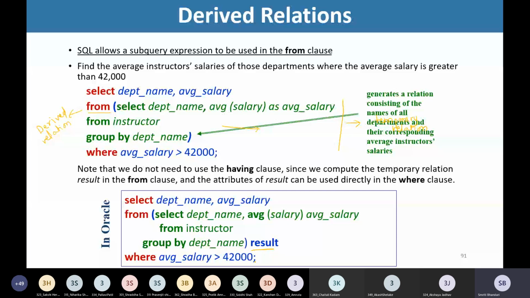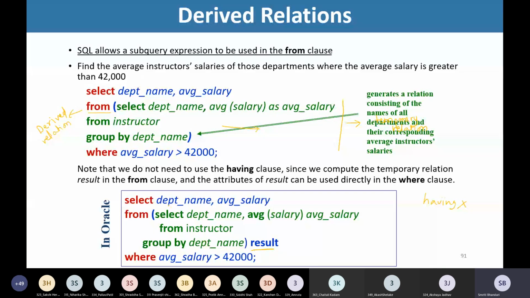So if we write such a statement using a derived relation, then there is no need to make use of the having clause. We are not using having, but instead we are using the where clause here, because the result of group by is available in the form of a relation and directly we are making use of that data.